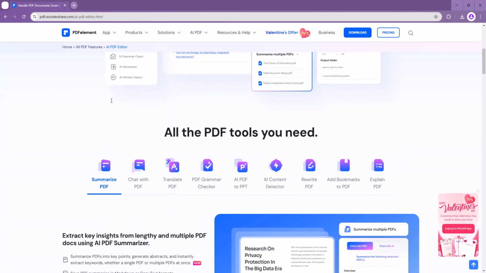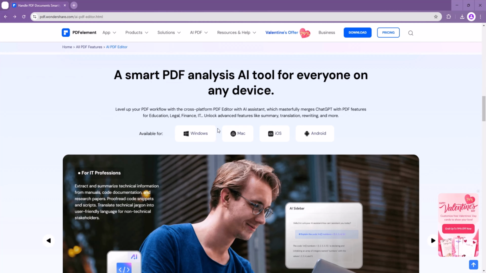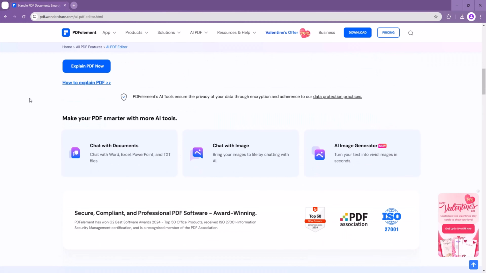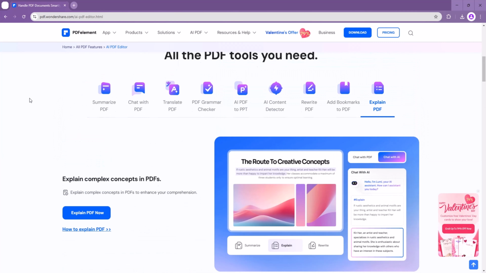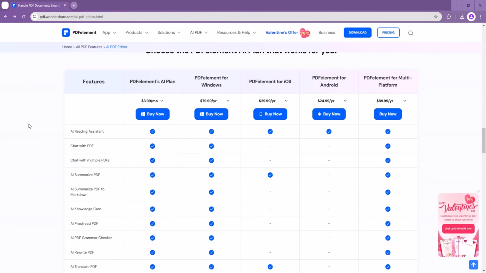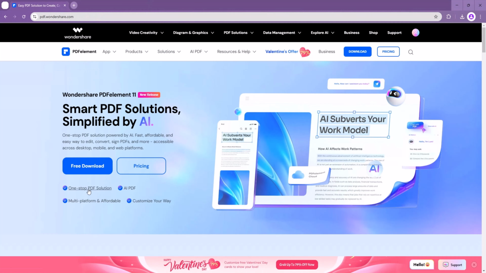Wondershare PDFelement is an all-in-one PDF editor designed for Windows, Mac, and mobile devices. It allows you to edit, convert, annotate, sign, protect, and even use AI-powered tools to enhance your workflow. Whether you're a student, a business professional, or just someone who works with PDFs regularly, this software makes your life